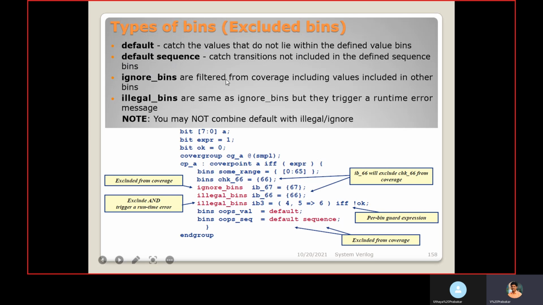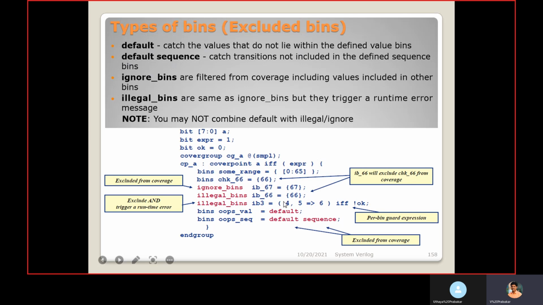Ignore bins are filtered from the coverage, including values included in other bins. So when you mention an illegal or ignore bin, this will not be considered for coverage. For example, the illegal bin name is IB66. 66 we are mentioning as an illegal bin. This same 66 value we are mentioning for this Check66.